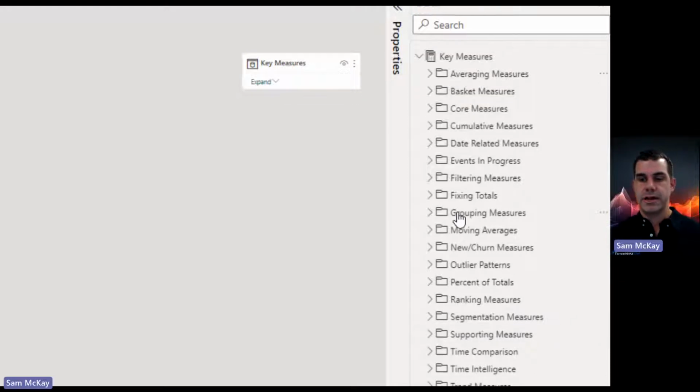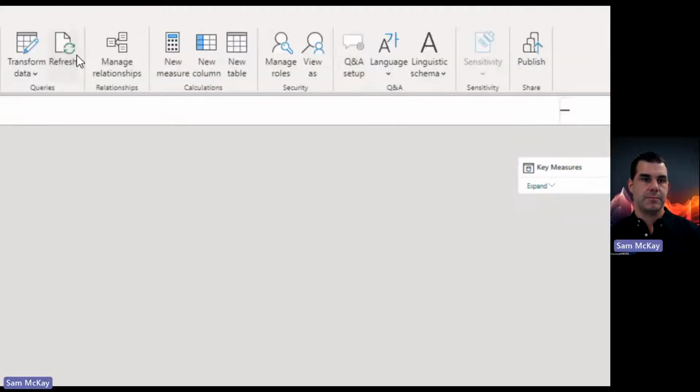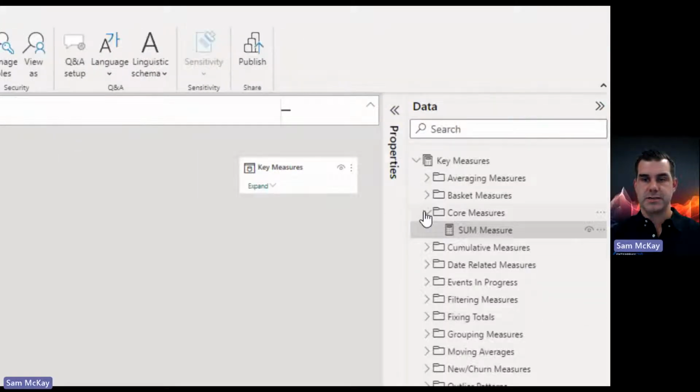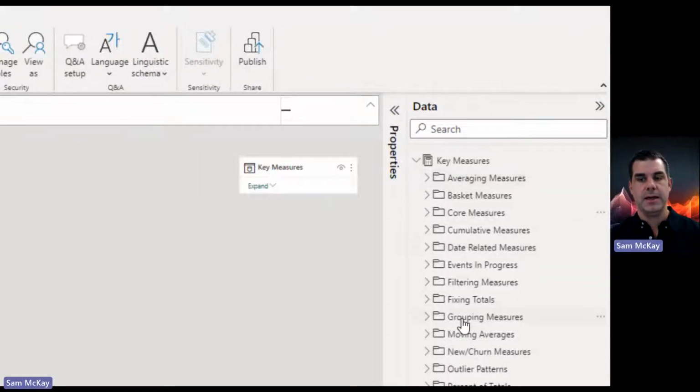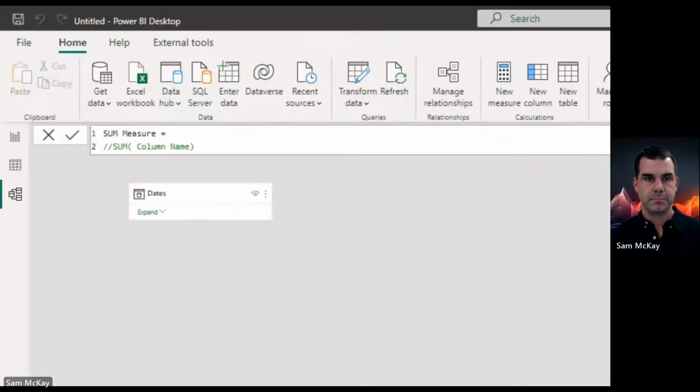Usually I'll start with some core measures, really simple measures, like a sum, an average, and so on and so forth. So again, our framework, our process to build out even DAX formulas, hasn't really changed. We still want to start simple with simple measures, and then branch out into the other ones. But I've done a lot of setup here, which saves a lot of time as you're building out.